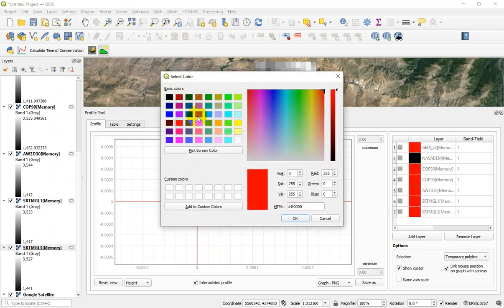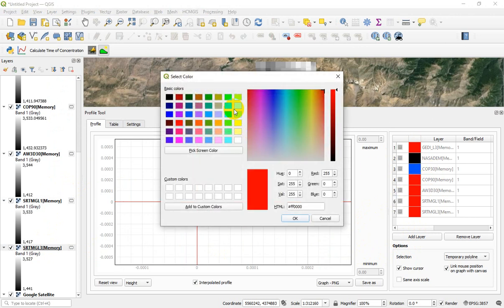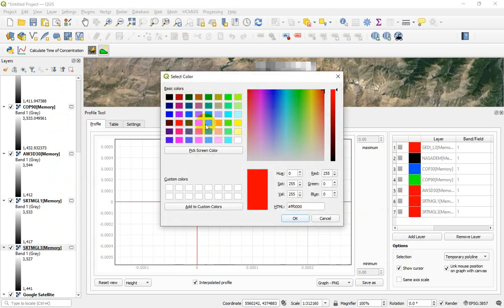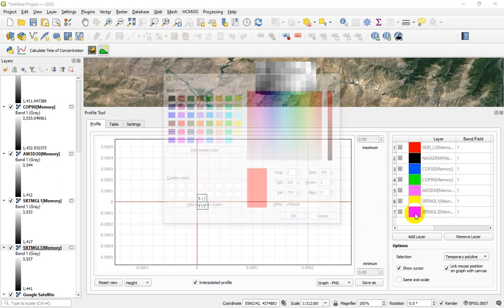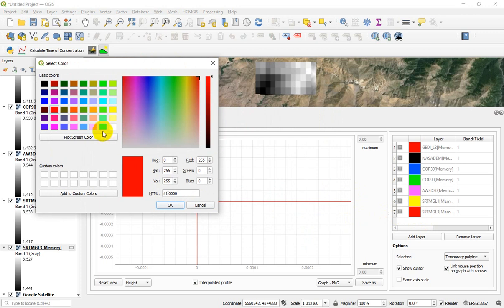For example, Copernicus 30 meter is blue, the Copernicus 90 meter, for example, green, ALOS, for example, let me select pink, SRTMGL, for example, yellow, and the SRTMGL, let me select one of these. Okay, like this, cyan.